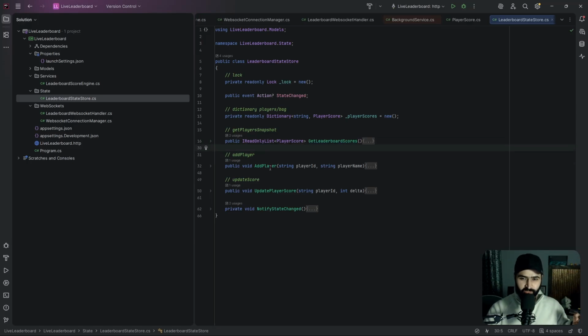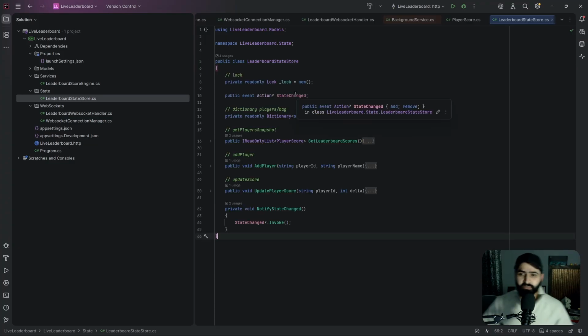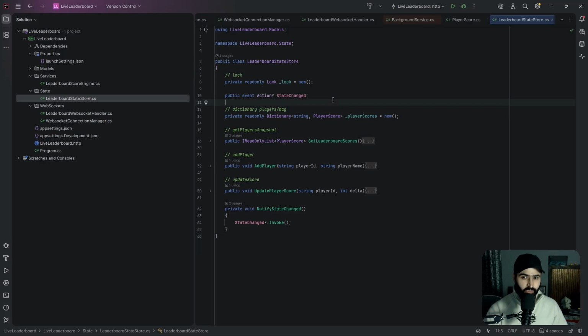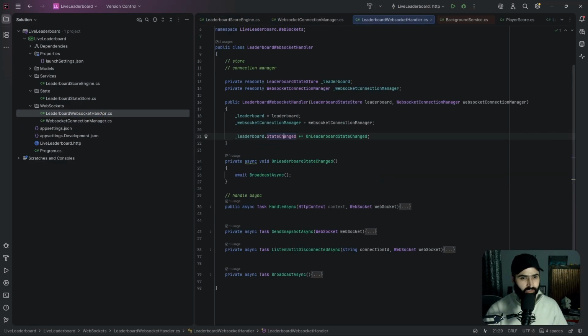लीडर बोर्ड का स्कोर चाहिए था हमें, ये एक्टिविटीज़ हैं हमारे, प्लेयर ऐड करना था, प्लेयर का स्कोर अपडेट करना था। ये सबसे हैपनिंग चीज़ थी, इवेंट। अब यहाँ पे क्या होगा लेटर ऑन, अभी हमने इन मेमोरी यूज़ किया है, हम रेडिस यूज़ कर लेंगे प्रोडक्शन लेवल में, और इवेंट्स की जगह हम पब सब पे घुस जाएंगे। कुछ तो चल रहा है भैया बाहर। ठीक है, तो काफ्का यूज़ कर लेंगे उसकी जगह हम, या चैनल्स यूज़ कर लेंगे लेटर ऑन प्रोडक्शन पे। और अब उसके बाद इंजन, ऑल्दो मैं सारा कोड अटैच करने वाला हूँ, फिर हमारा कनेक्शन मैनेजर था, हैंडलर था।